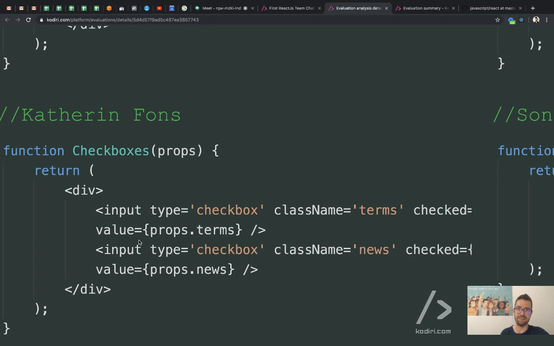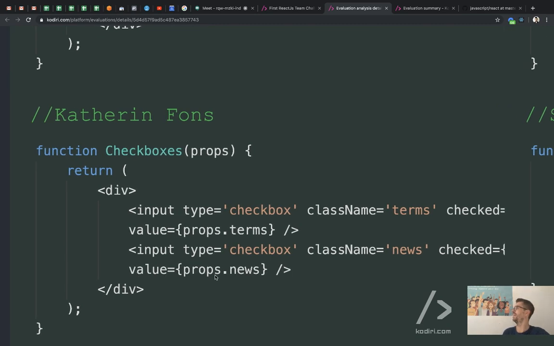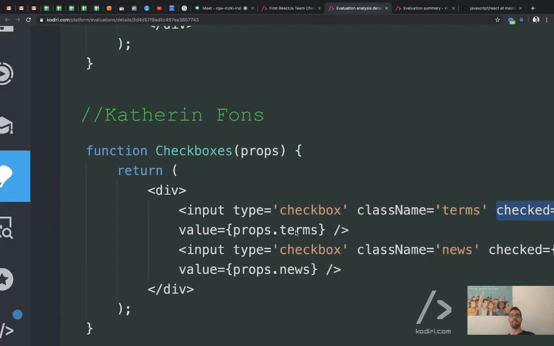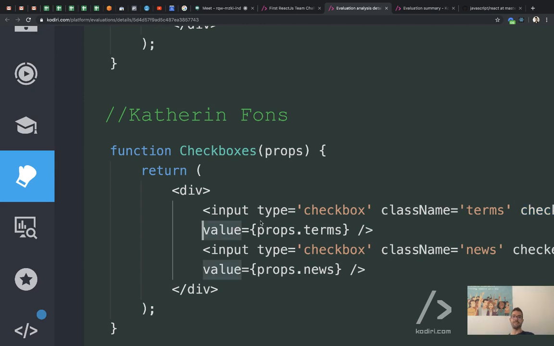Catherine, interesting. Any concern about Catherine's approach? It's strange the way she uses the line down. Yeah, I agree on that. Why does she add checked? That's one thing, again the same as Katerina. That's unnecessary, right? It's doing nothing, it's ignored. But apart from that, she tried to add as many attributes on the same line, and then she